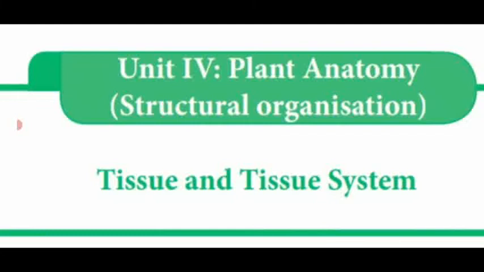Out of these 4 classifications, based on the position, the meristem is divided into apical meristem, intercalary meristem and lateral meristem, which is an important 3 mark and 5 mark question. Likewise, based on the function, the meristem is divided into protoderm, procambium and ground meristem, which is another important 3 mark